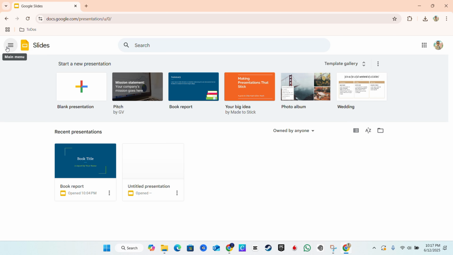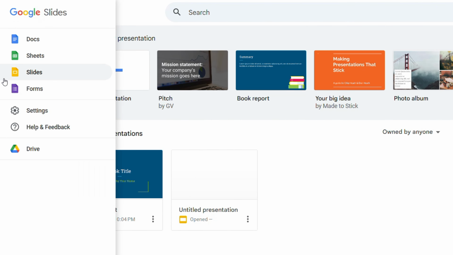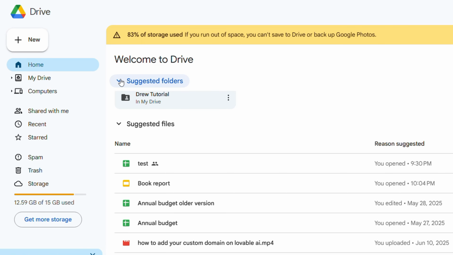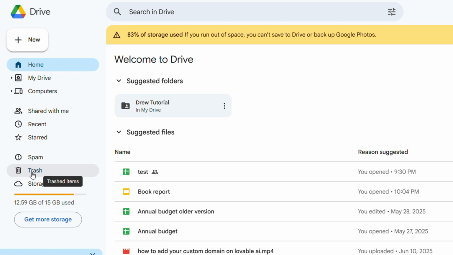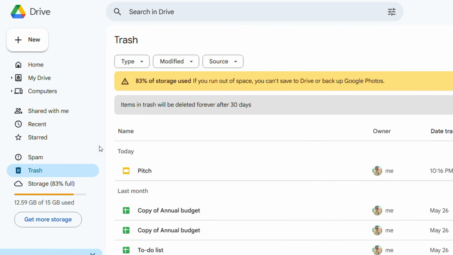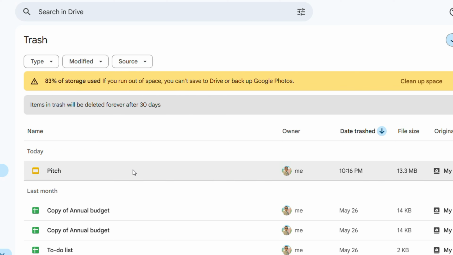Drive storage. So in order to quickly access the Google Drive, you don't even have to open up a new tab and go to the Google Drive. You can click the three lines in the upper left hand side and simply click Drive. That's going to take you over to your Google Drive, and from here you just need to click Trash in the lower left hand side, and here you will find the presentation or the Google Slides that you can